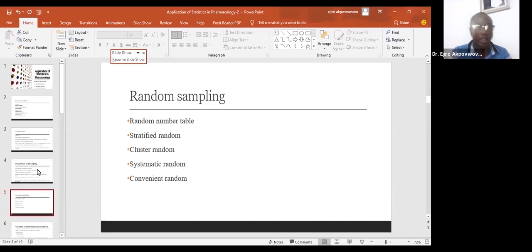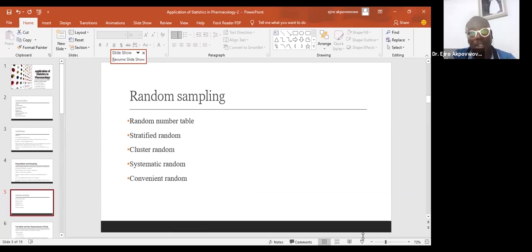Okay, just quickly, I want to run through the sampling techniques, because at the Research Ethics Committee, we pay particular attention to the sampling of your study, to be sure that you are to a large extent minimizing bias. So like we saw from the presentation already done, we have